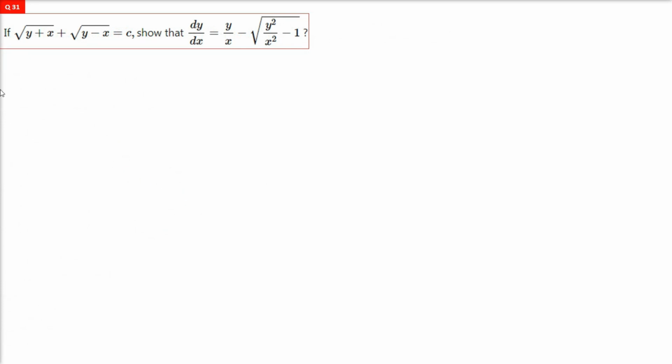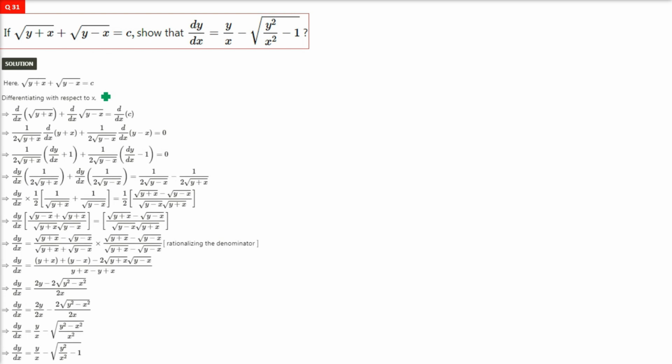Next one is this one. √(y + x) + √(y − x) = c, a constant. Show that dy/dx = y/x − √(y²/x² − 1). So we'll do the differentiation, and see, the square root of anything, for example the square root of p, is 1/(2√p) times the differentiation of p. So √(y + x) is 1/(2√(y + x)) times the differentiation of y + x. This is going to be